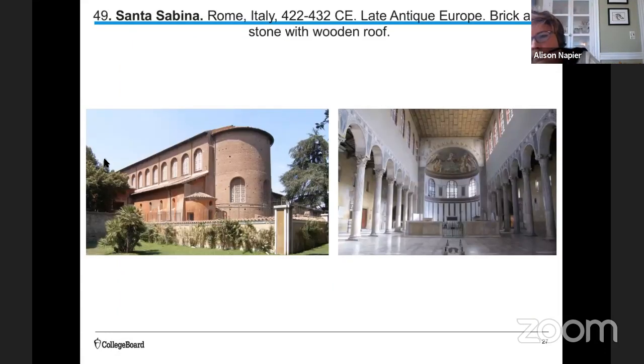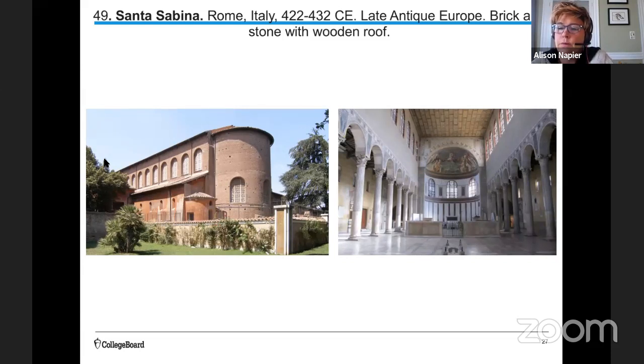Santa Sabina, the next structure we look at, is the oldest extant Roman basilica, and it preserves that original colonnaded rectangular plan and architectural style. So that basilica we saw in Trajan's Forum actually gets adapted for the early Christian churches. It's built by Peter of Illyria, who's a Dalmatian priest, between 422 and 432, near a temple of Juno on